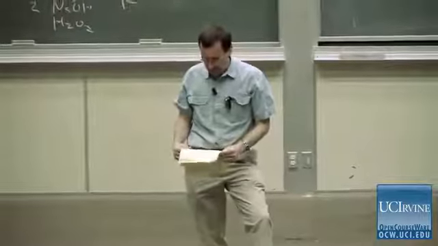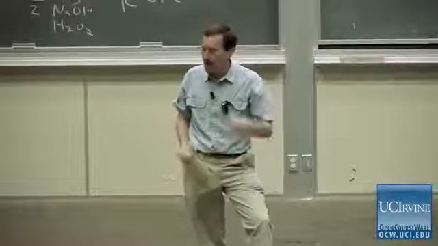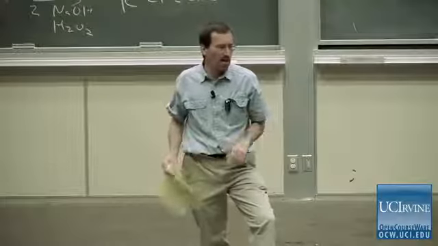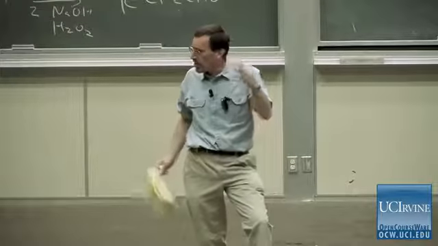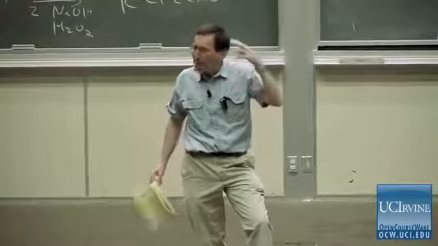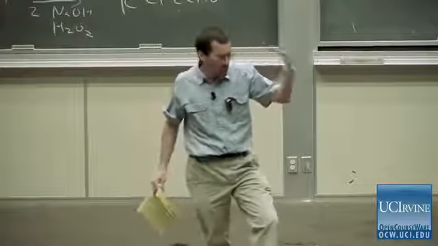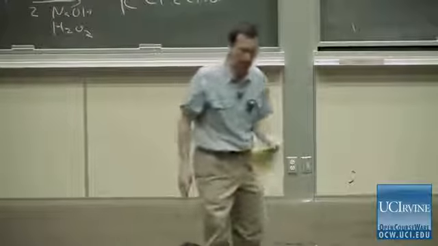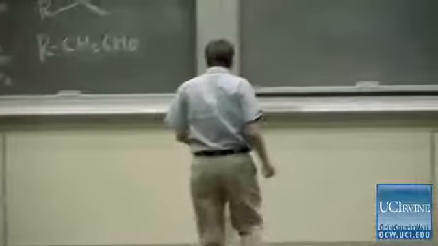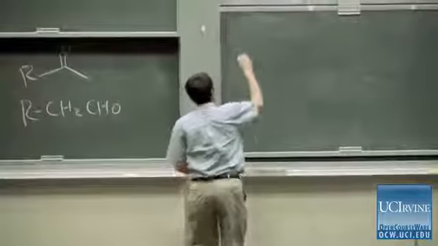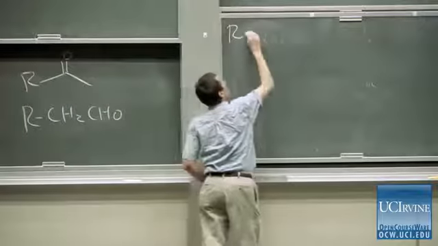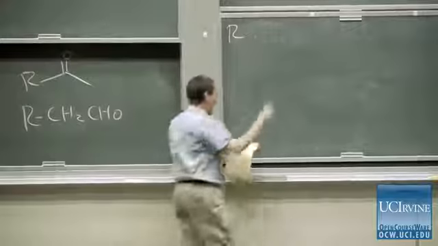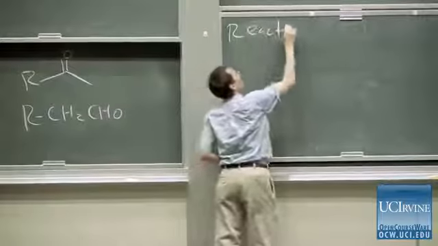And one of the concepts that I've been harping on and will continue to harp on is the notion of pKa as a way of thinking about strength of a base or strength of an acid or strength of a nucleophile. So when I think about the reaction of carbonyl compounds, and particularly ketones and aldehydes with nucleophiles,